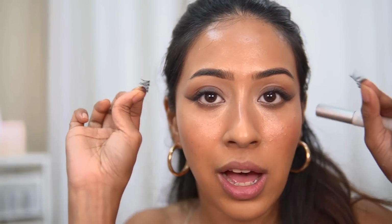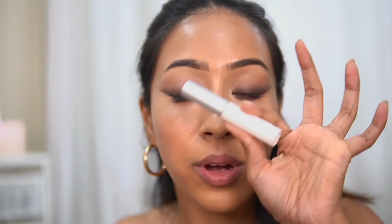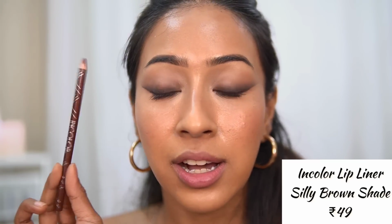As for lashes, I am going to use these lashes that I got from Amazon, and I already cut them in half. The half part I'm just going to apply on the outer lash, and I'm going to use the Europe Girl lash glue. So I did put the lash glue on, and since that is drying, I'm just going to take this Incolor lip pencil,